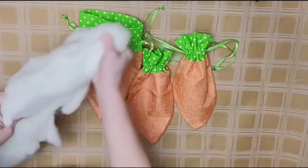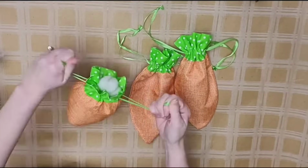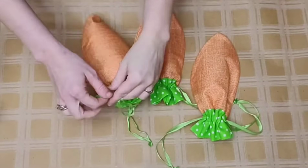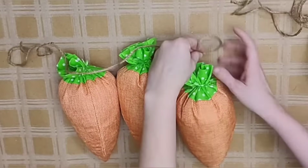Dollar Tree sells these little carrot bags and they come 2 to a pack. I had 3 on hand, so I am going to take some spare stuffing from an old pillow and I am going to stuff these carrots and tie them tightly. Once they're tied tightly, I will cut off the excess on my green ties, and I'm going to take 3